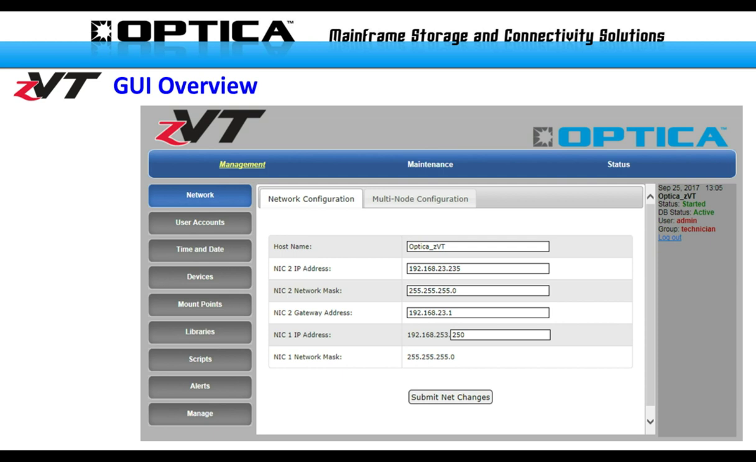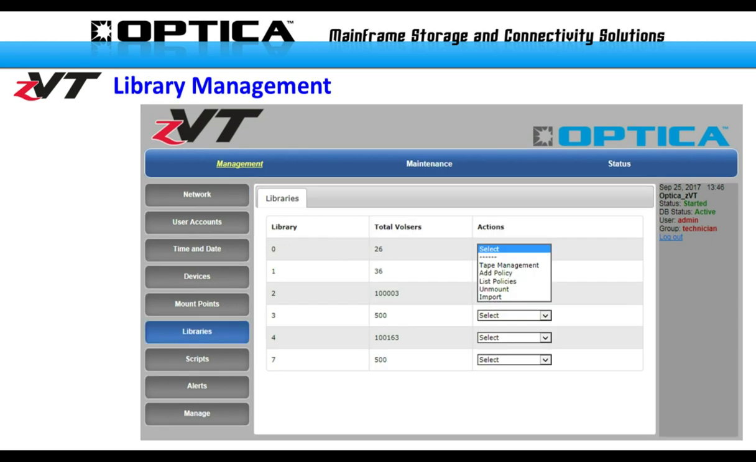And then finally, the manage screen is where you manage the ZVT configuration, make a backup of the configuration so that you can restore it at some other point, or if you have multiple configurations you want the ZVT to run at different times of the year, that can be managed in the Manage tab. But what we will look at next is the Library tab,